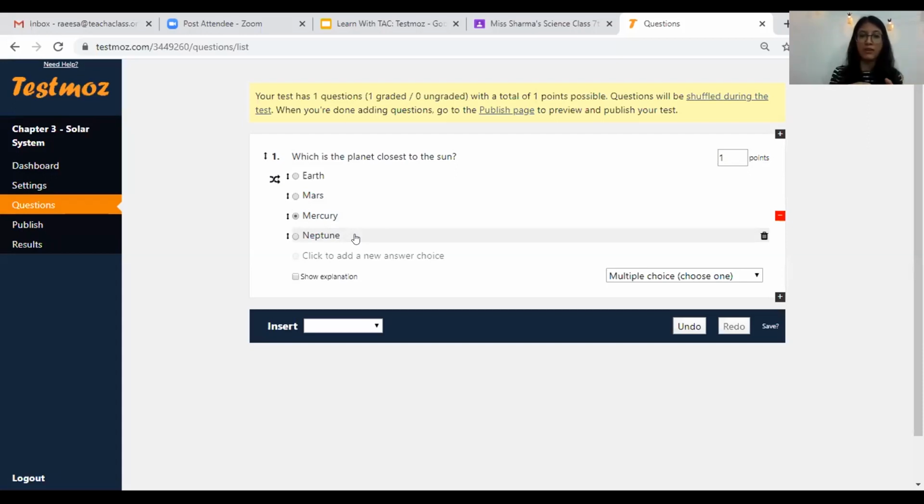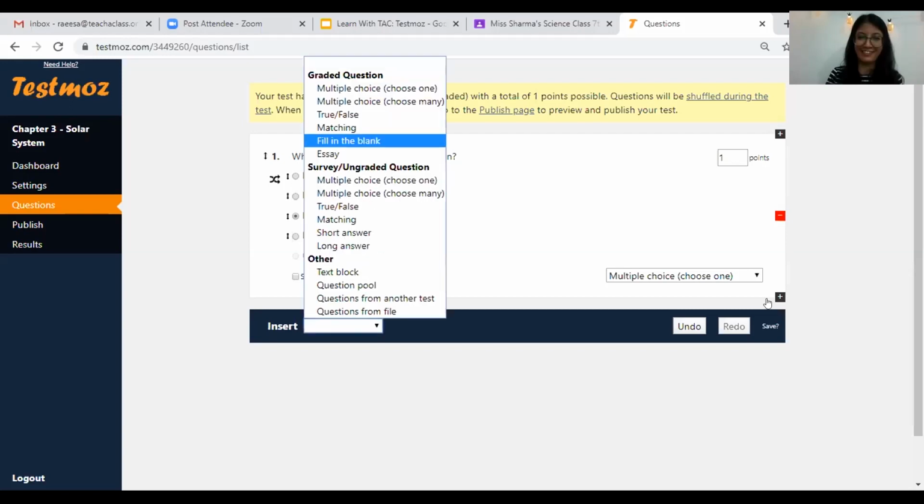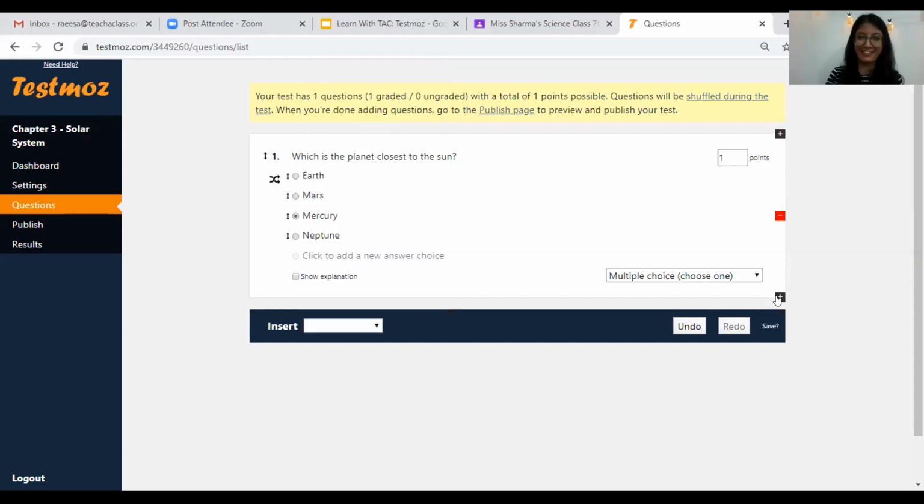And now the choices are also shuffled, both the questions and the answers. All right. Now, if I want to choose another multiple choice question, here and here, I can choose to click any of the plus icons.